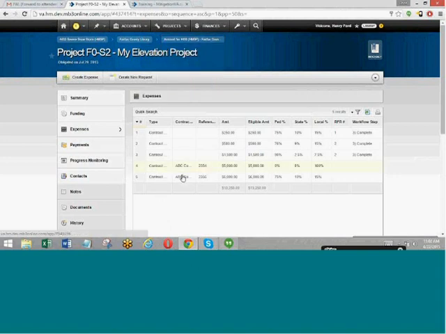Okay, so we can see the two expenses that I just added here at the bottom, one for $5,000, one for $6,000. You can see the federal, state, and local share breakdown that I've allocated on those two expenses. You'll notice it's different from the first two expenses in that there's no reimbursement request number or workflow step assigned to it.